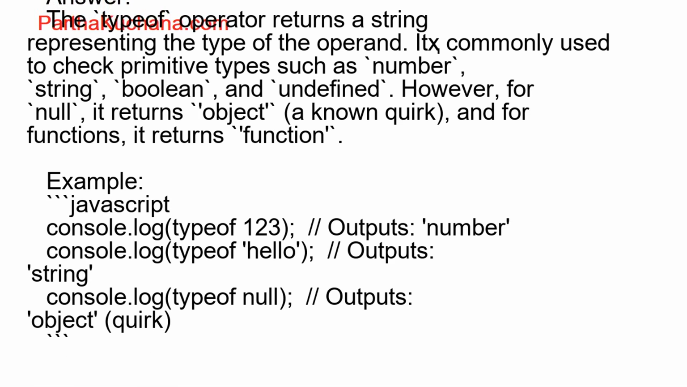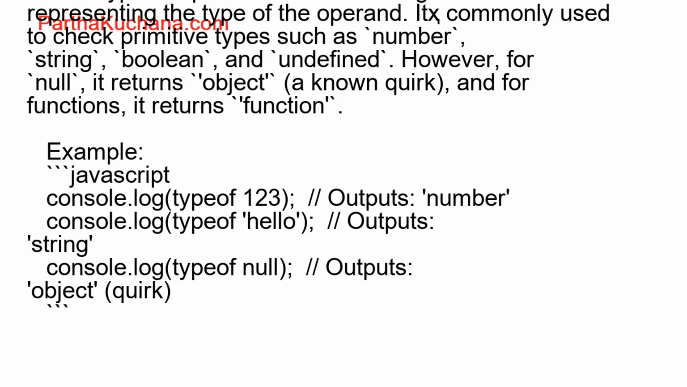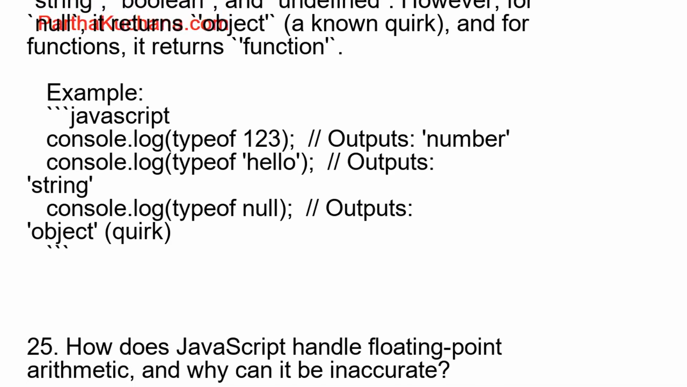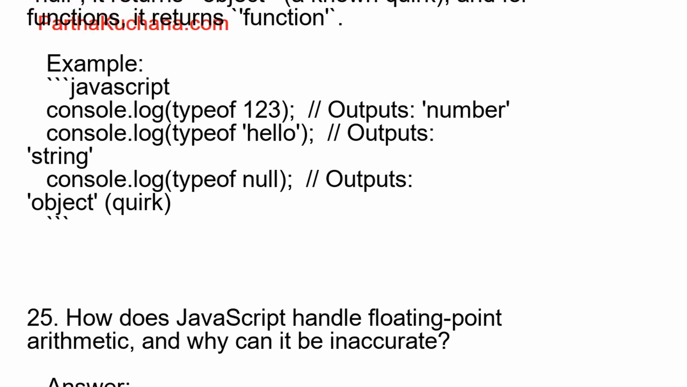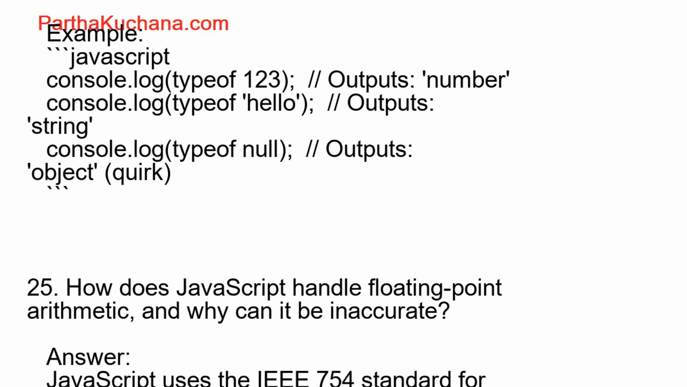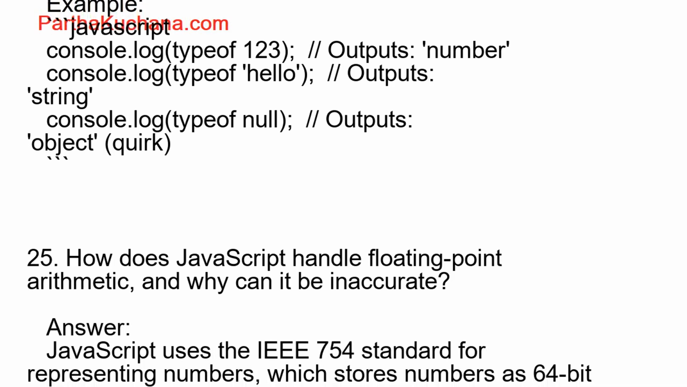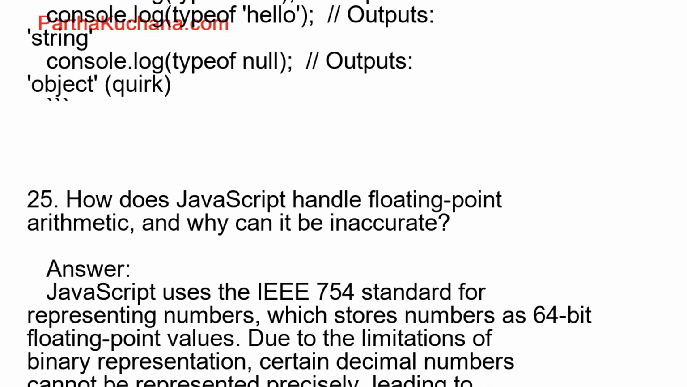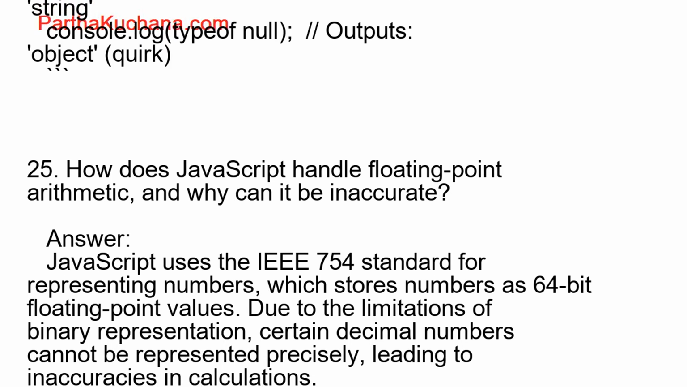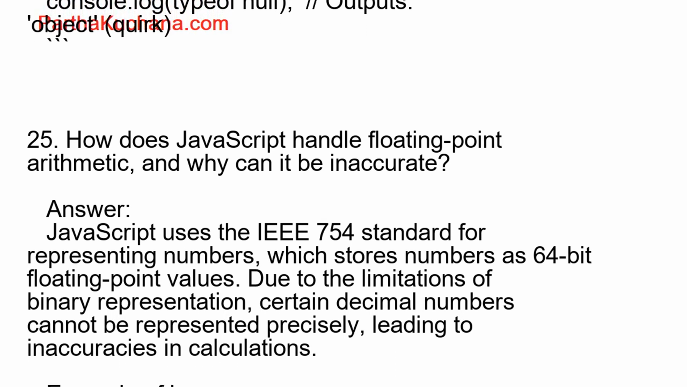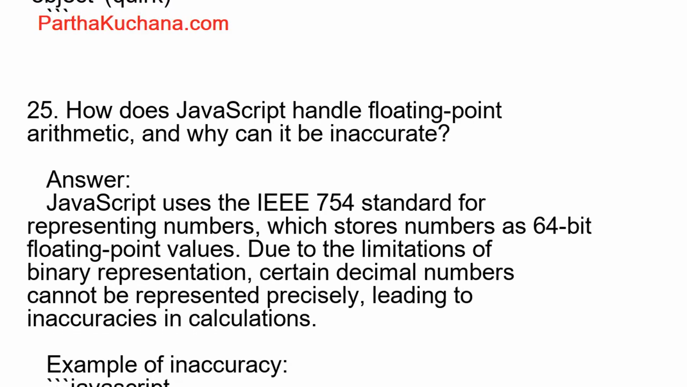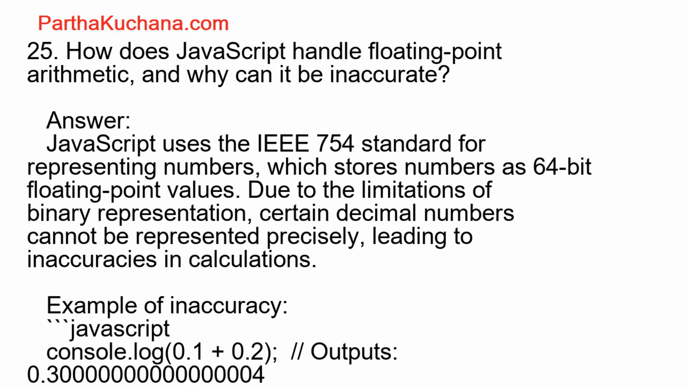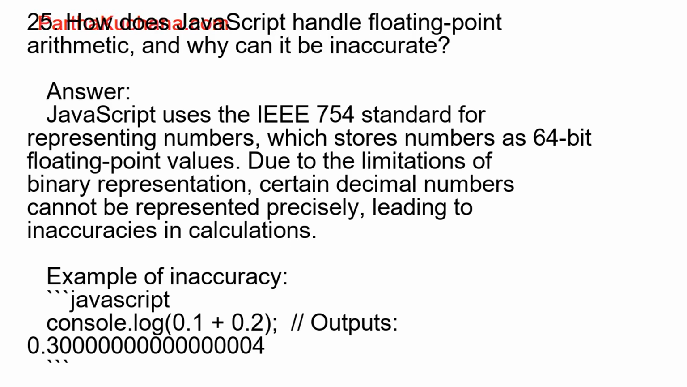27. What are the different ways to handle asynchronous code in JavaScript? Answer: in JavaScript, asynchronous code can be handled in several ways. Callbacks. Functions passed as arguments to be called when an asynchronous operation completes. Promises. Objects that represent the eventual completion or failure of an asynchronous operation and provide then and catch methods for chaining. Async/await. Syntactic sugar over promises that makes asynchronous code look synchronous. Example with promises. JavaScript. fetch